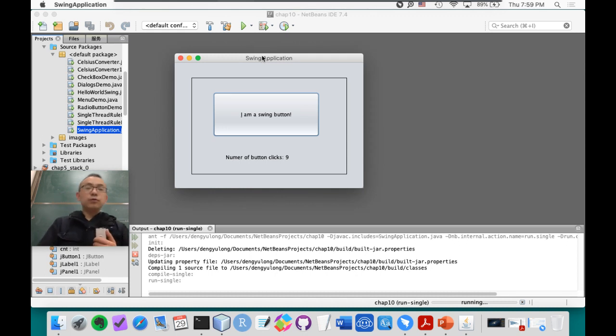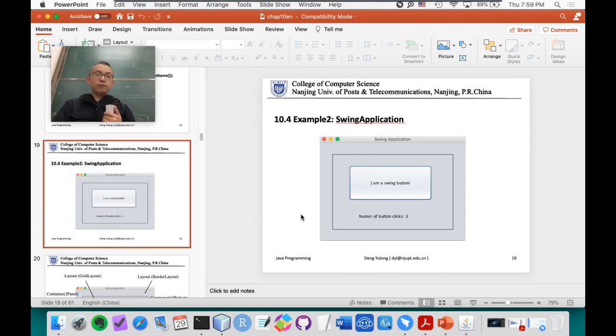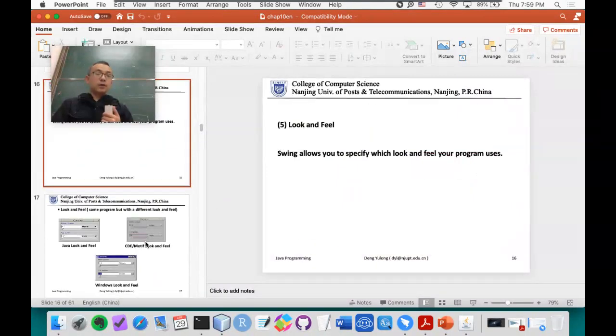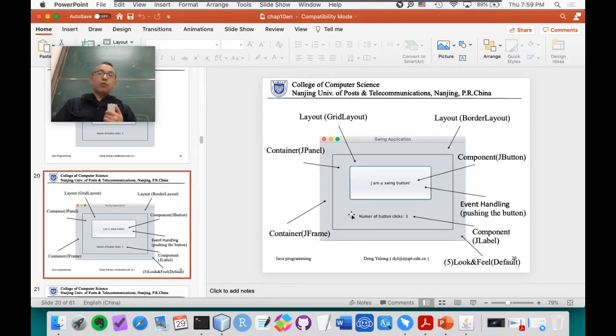So what we should do is use this design tool to drag and drop, and we get this application. But if we want to write the code by ourselves, it's complex